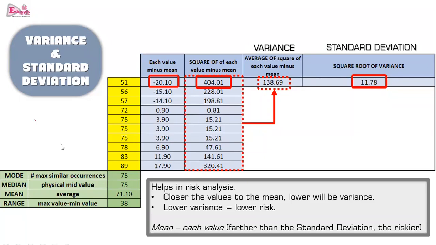Well, mode, median, mean, and range, we have calculated, we have seen their importance, and the variance and deviation. Now, if we develop the algorithm around these statistics formulas and we feed that to a machine, that machine will be able to analyze the data. Here, it's a very small set of data. Imagine a huge bulk of data is given to the machine, then that machine is said to have artificial intelligence over analyzing the data.